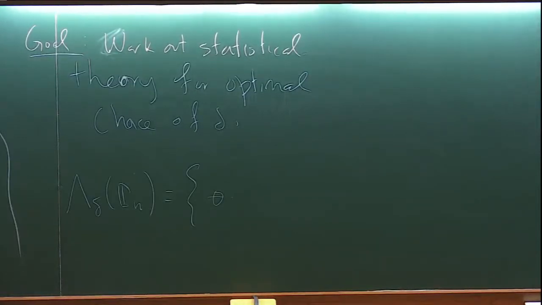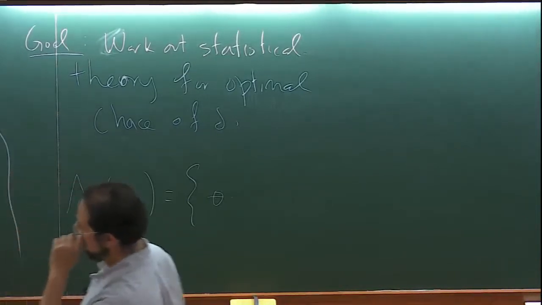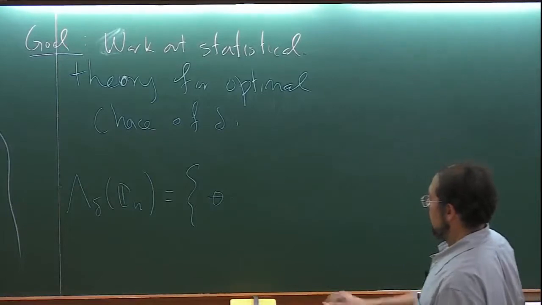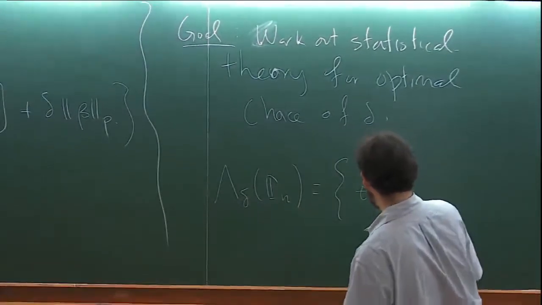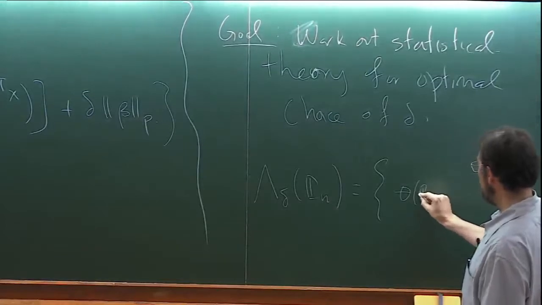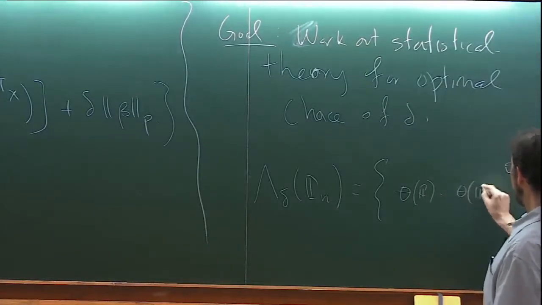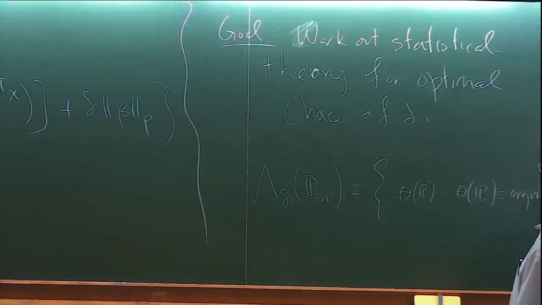I'm going to be assuming that the loss is convex in theta, but I'm going to explain what really is required for the statistical theory. Okay, so that is a convenient thing, but it's not necessary. So this is going to be the set of thetas that depend on model P, such that theta of P is the arg min of this optimization problem. Yes. And what I want is this